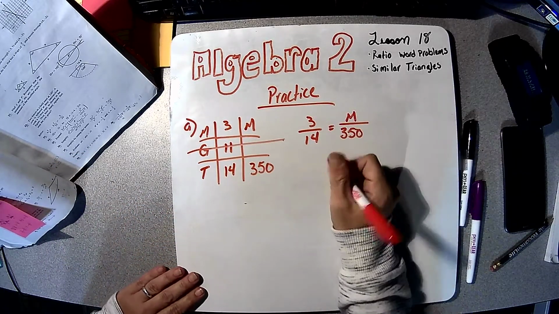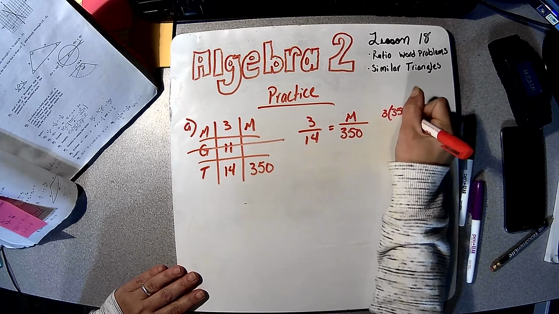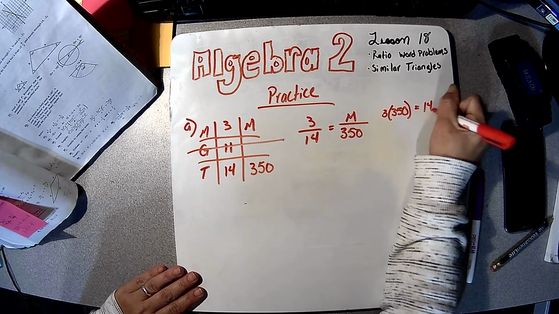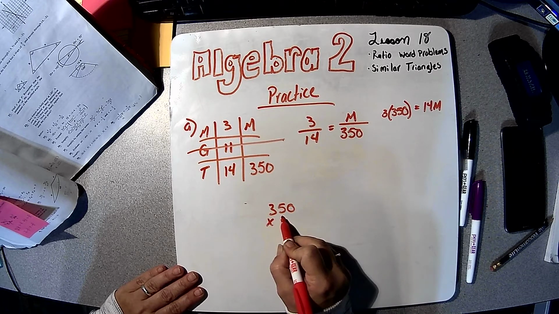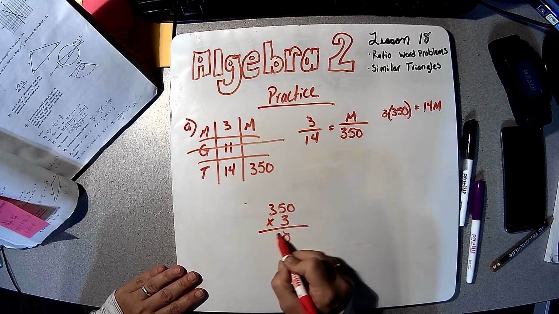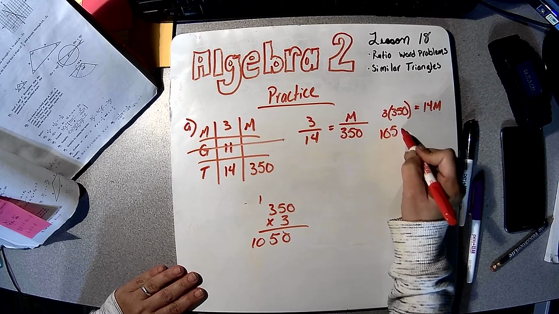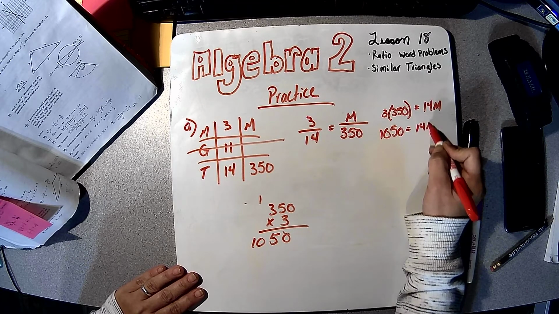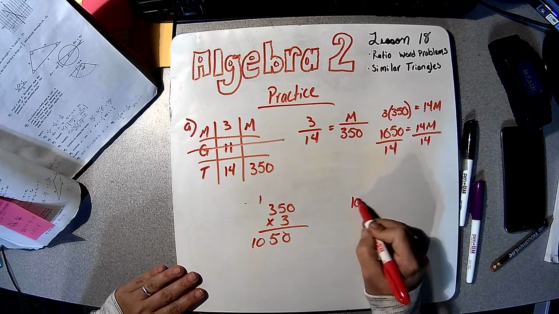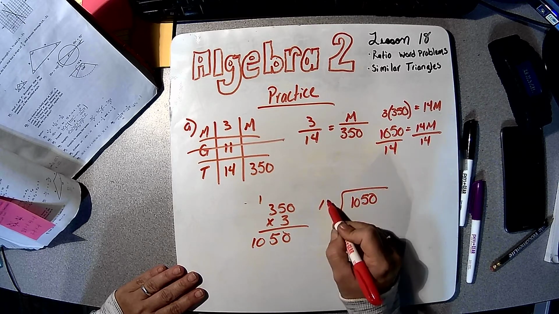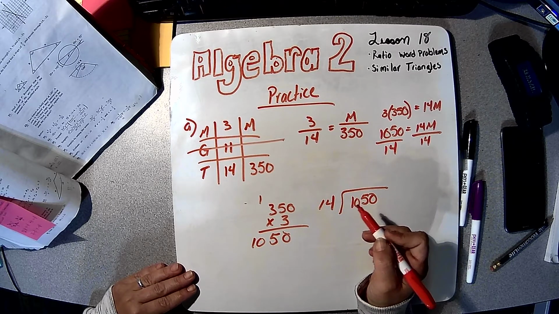So now we're going to cross multiply, and we're going to say 3 times 350 equals 14m. And we'll just multiply that out. 350 times 3. We'll get 1050 equals 14m. And then we divide by 14. And that's going to be